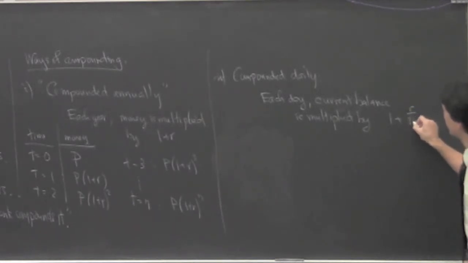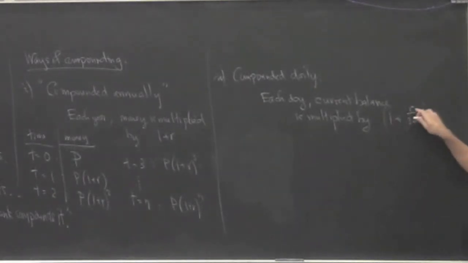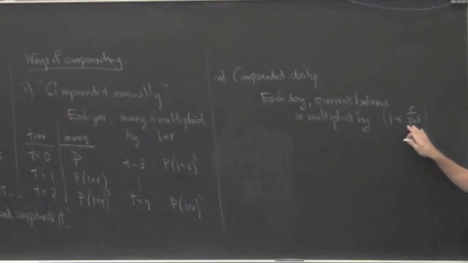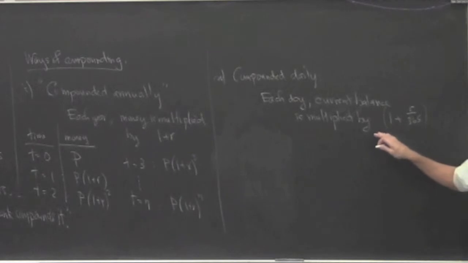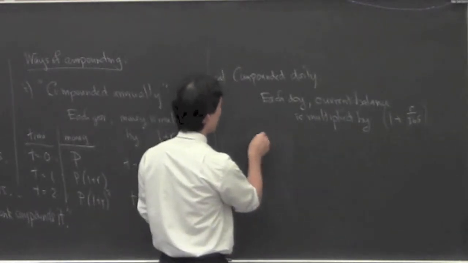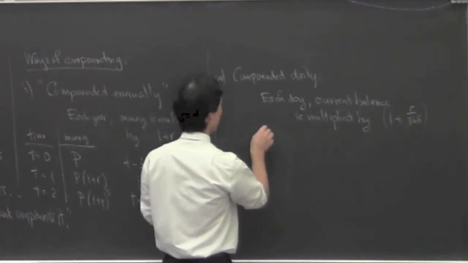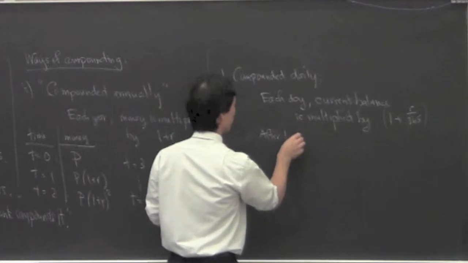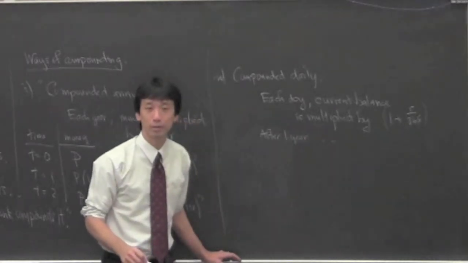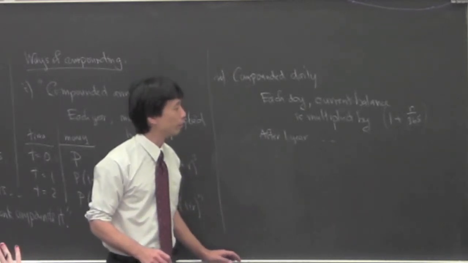It does rather this. Okay, it multiplies it by 1 plus the interest rate divided by 365, right? Like the rate per day, and then does this 1 time a day. Okay, so in this case, it's like the number of days now. So like after 1 year then, how much money do you have? After 1 year, what should be your money?